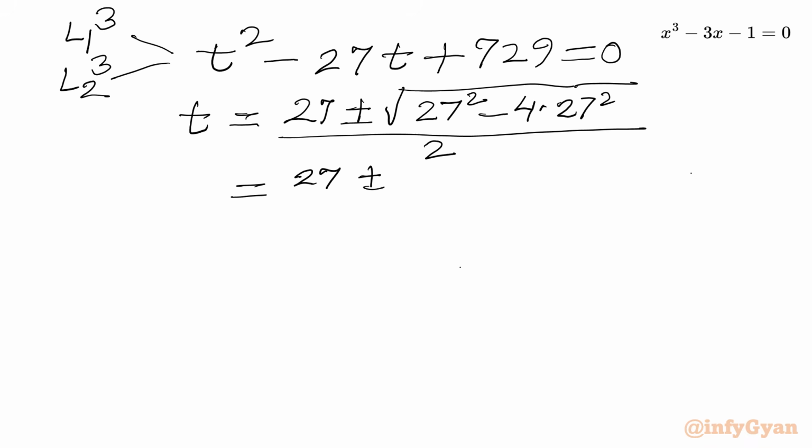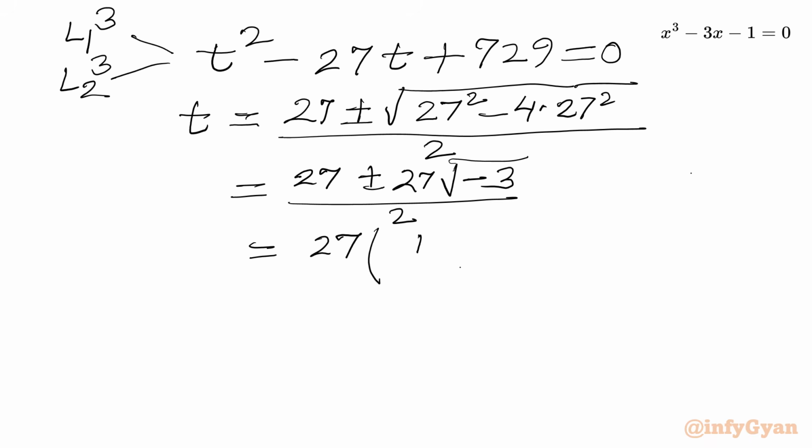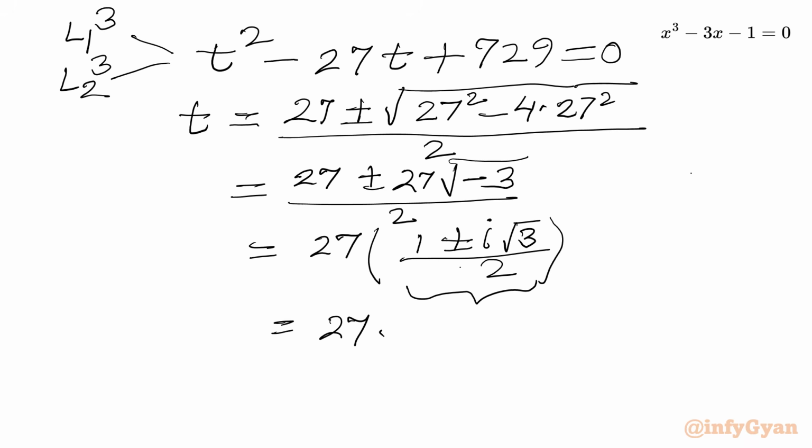So it will come out 27 because we are taking 27 square. 1 minus 4 is square root of minus 3 over 2, which will be equal to 27 in the bracket, 1 plus minus i root 3 over 2. And this is, by Euler's formula, 27 times e raised to the power plus minus i pi over